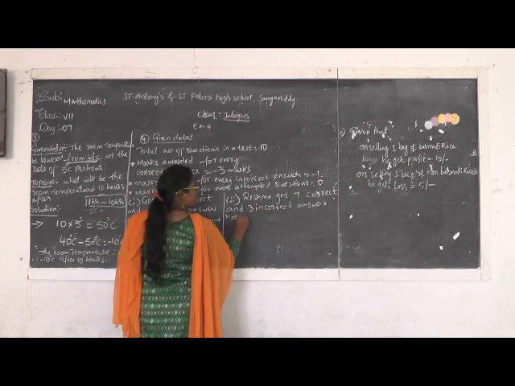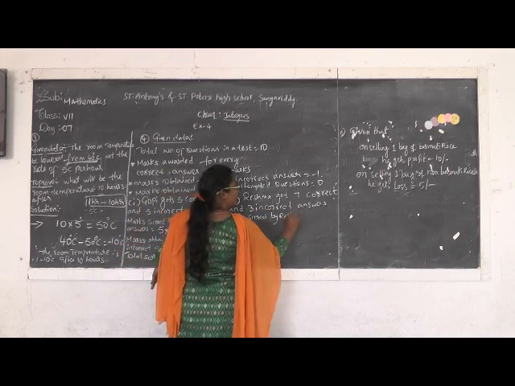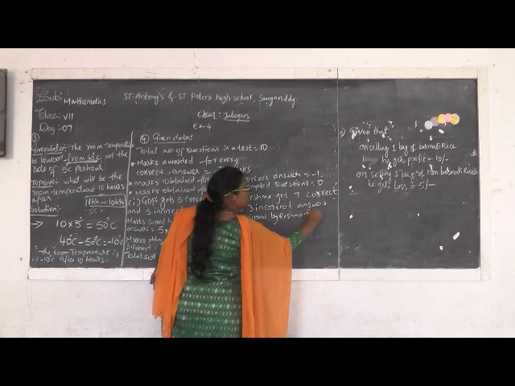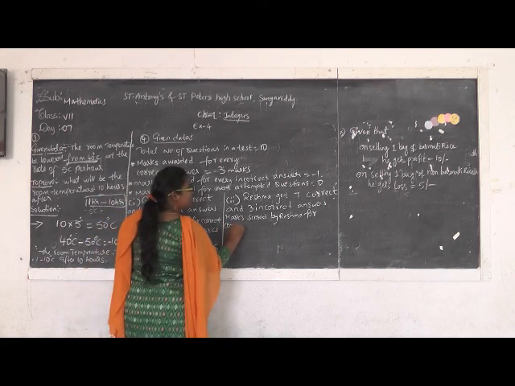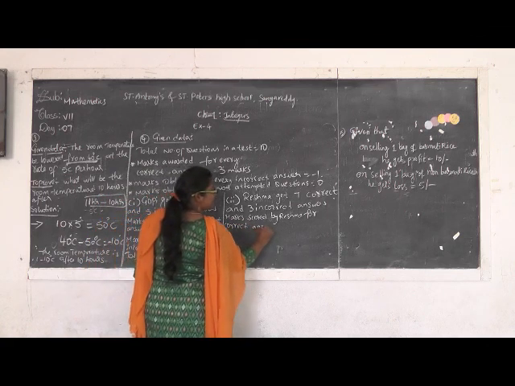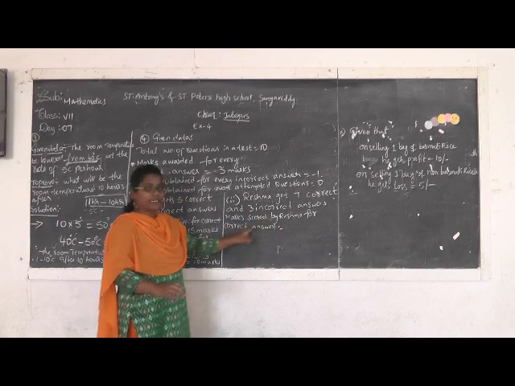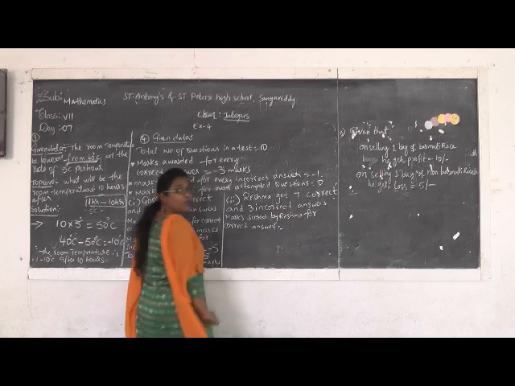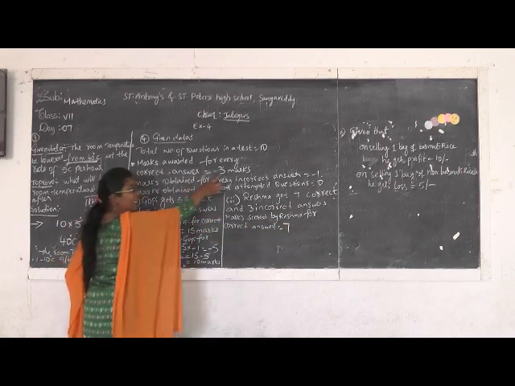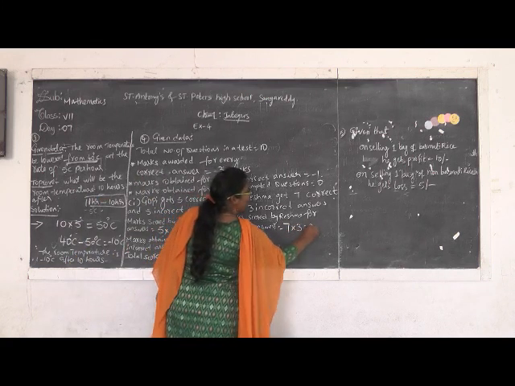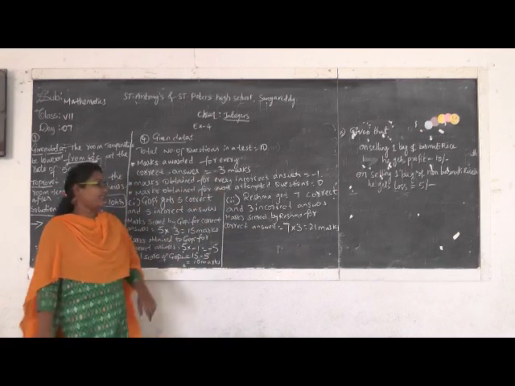Marks scored by Reshma for correct answers. This is not a total score. This is just for correct answers. Marks scored by Reshma for correct answers is nothing but how many questions she wrote correct? 7. For each question, how many marks was I giving? 3 marks. So 7 3s are how many marks? Total 21 marks she scored for correct answers.